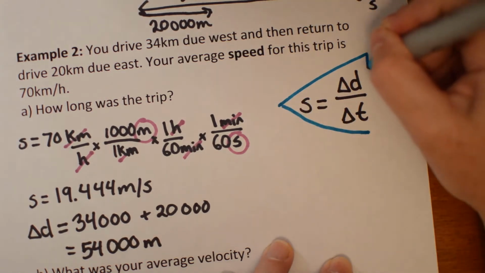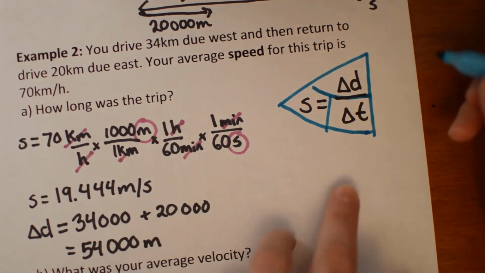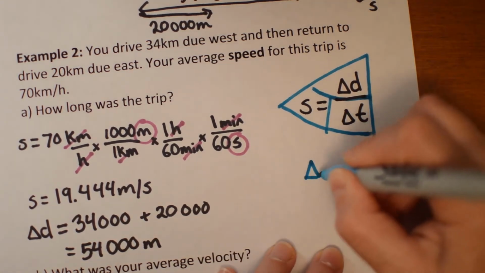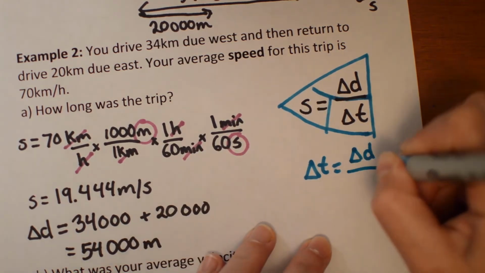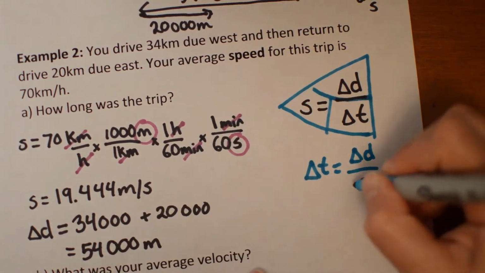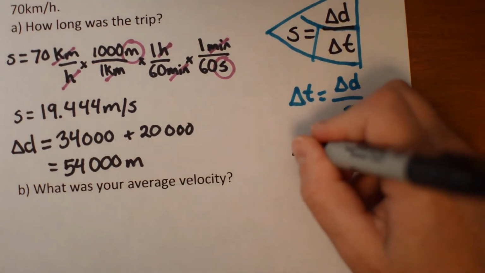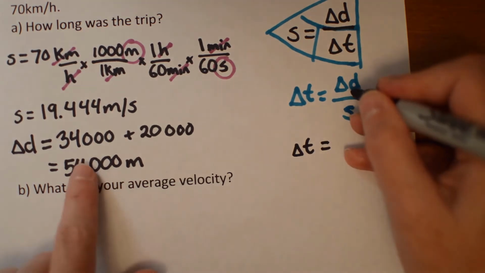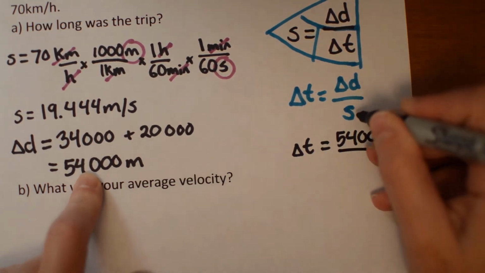I'll use my little triangle thing that we talked about in our video on rearranging equations. So delta T in the bottom here is going to be delta D on top. See how it's kind of over the S, so it's over S like that. All right, next we just get to plug in our numbers. Delta t is going to be that delta d, 54,000 meters over the speed